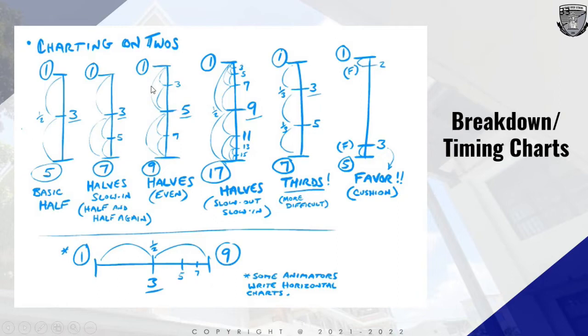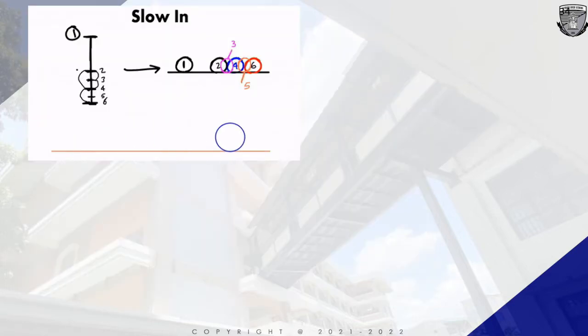Okay, but we do this charting on twos because we can create the models later on that will be placed on your exposure sheets. Okay, so this is an example of a slow in. So as you can see, we have here your key and in betweens. So the number 6 here should also be a key. Okay. So this is slow in. As you can see, we have here your first pose, and then our second pose is here, and then in between until here. Okay, so that's slow in.